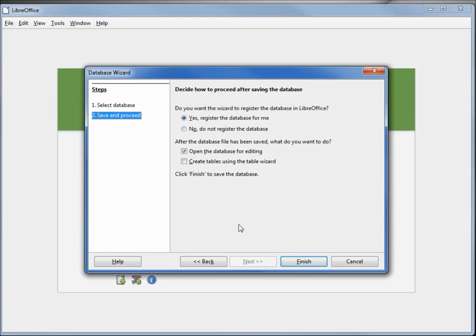I will mention that registering your database just makes your database viewable to the different LibreOffice modules. It has nothing to do with any online registry of any kind. If you want to know a little more about how the registry works right now, you might want to check out the LibreOffice Writer mail merge videos I made. We will look at how registered databases work later in this series, but that's way down the road. So I'm not going to register my database right now, but I will open the database for editing. I'm going to click Finish,